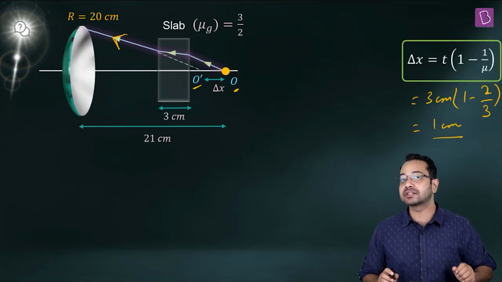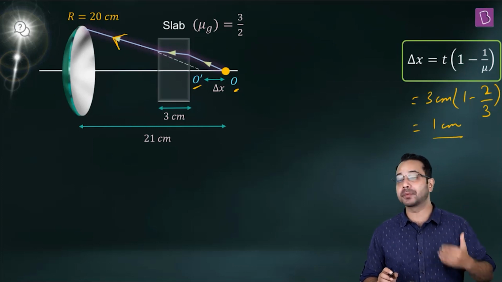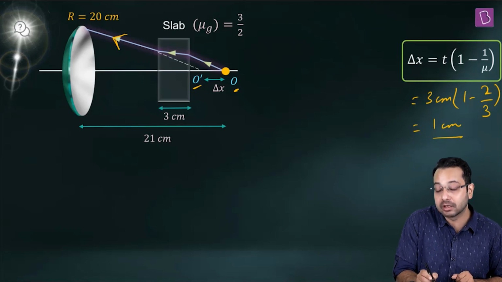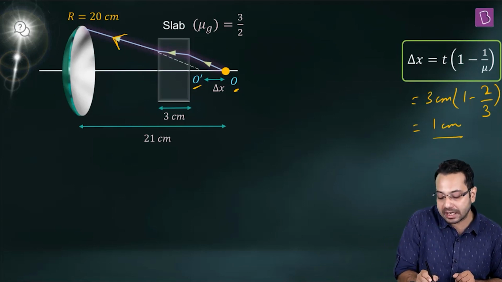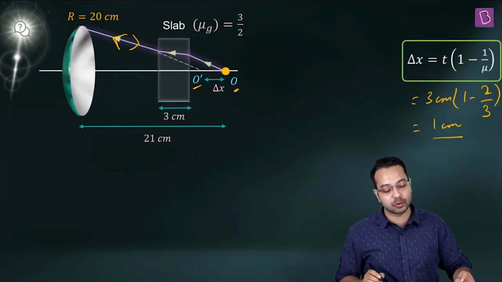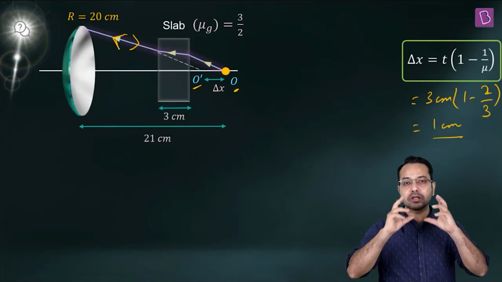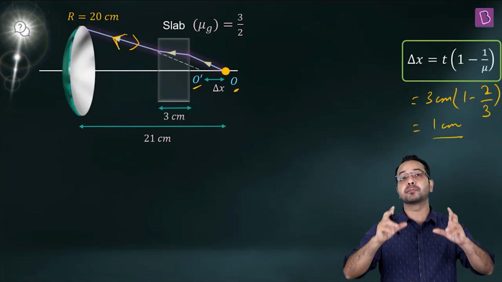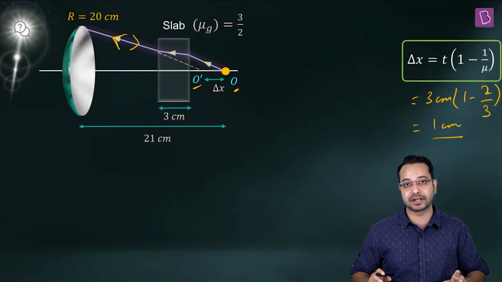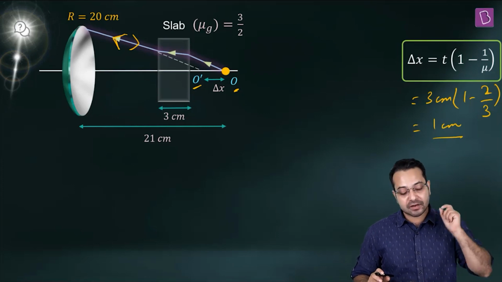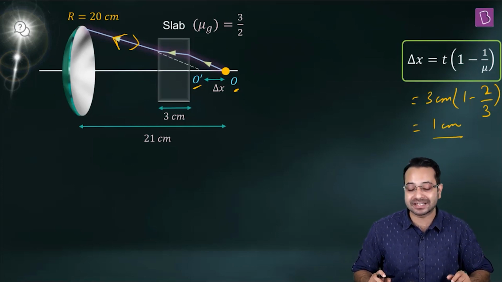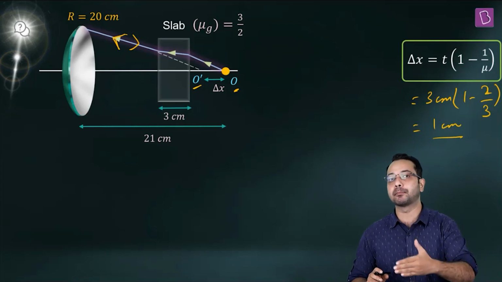Okay, so if it is incident normally, it is going to be reflected normally as well. So the light ray is going to be reflected like this. Now, we know a principle called the principle of reversibility of path of light, which states that if the direction of light is reversed, then it is still going to take the same path.